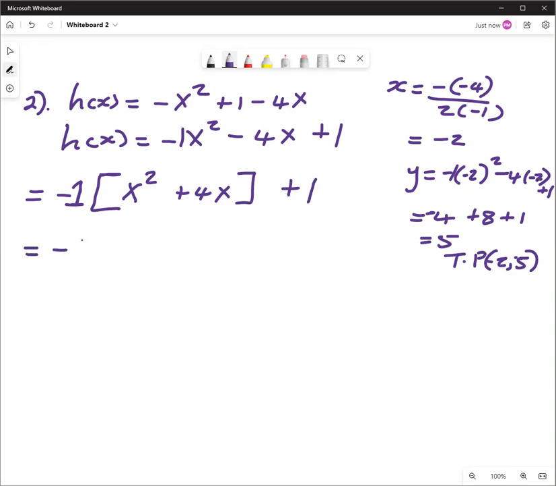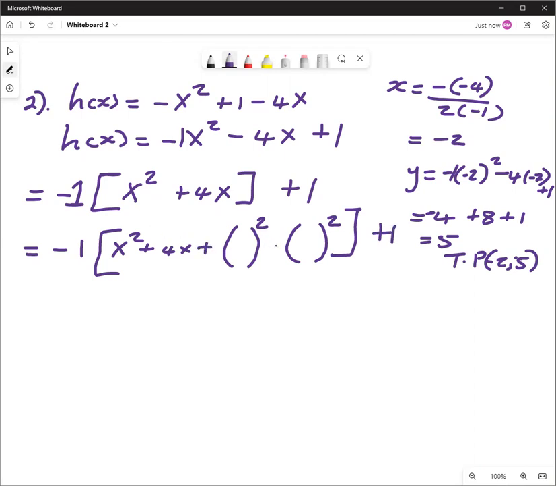And then you say, remember, you're going to rewrite everything. 4x, and then you put 2 brackets in, right, with squares. And then you close, and then you put your +1 there. And then remember, I said the sign is always a plus first, then a minus, right? Then the inside, you take your b, you divide by 2. So my b is 4, you divide by 2. 4, you divide by 2, right? And then you have -1,